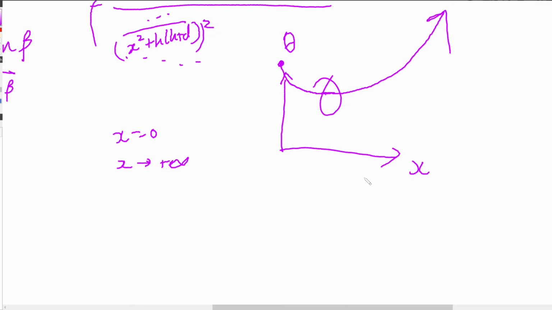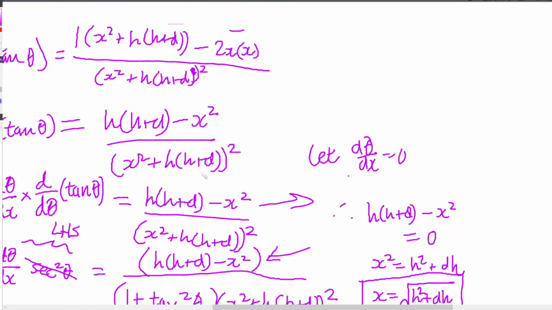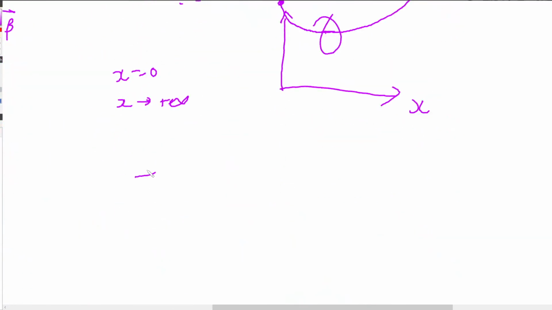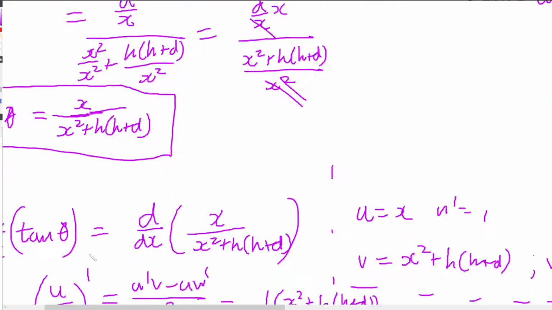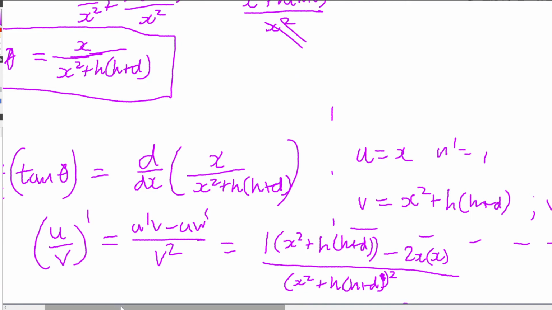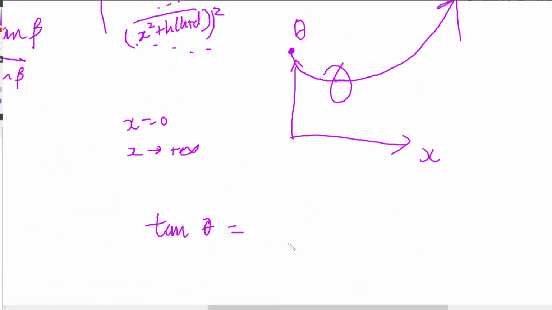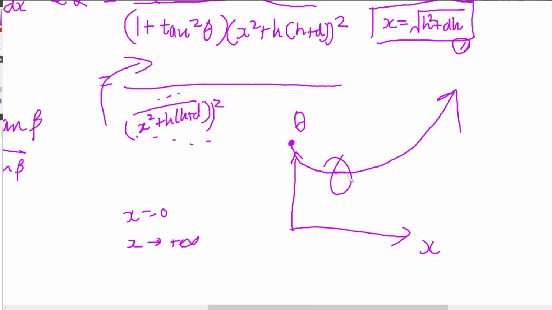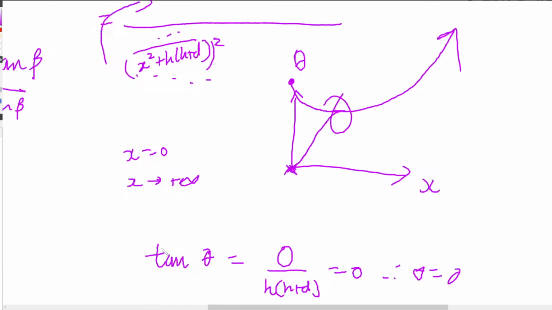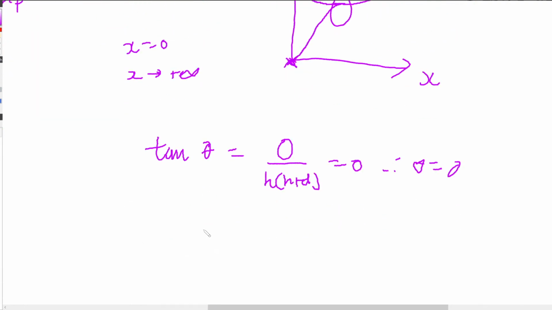Alright, I'm back. So when x is 0, what is theta? Well, tan theta is, let's see, when x is 0, tan theta is equal to 0 over h times h plus d, which is equal to 0. Therefore, theta is equal to 0. So we know the graph doesn't go like this, it goes more like this, to the origin. What about positive infinity? Well, you get